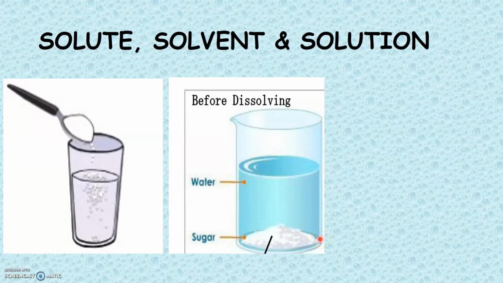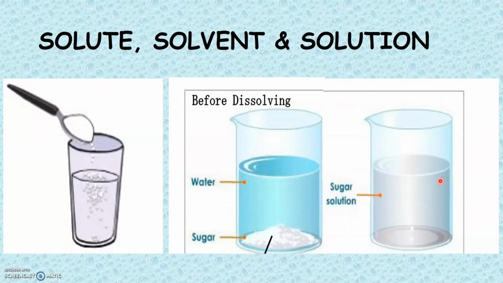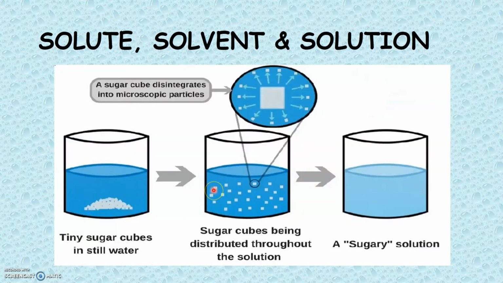But what will happen to this sugar particles when you start stirring it? When you start mixing sugar, it is observed that sugar will mix well with water and finally you get something like this. Are you able to make out the difference between sugar and water in this picture? No, we cannot find out where is sugar. But where has this sugar gone? Let's see that now. Look into this picture here.